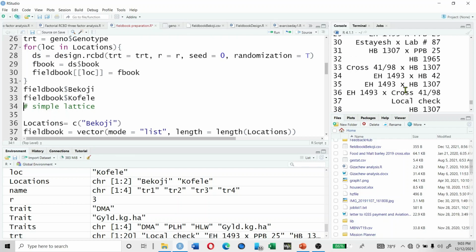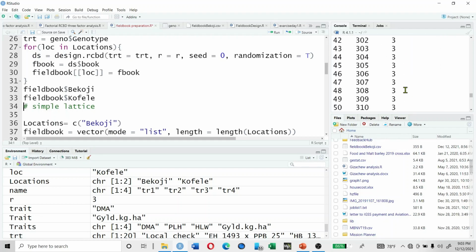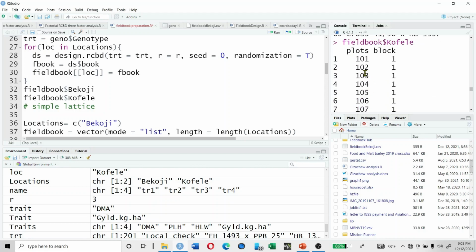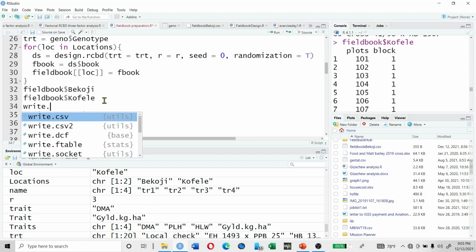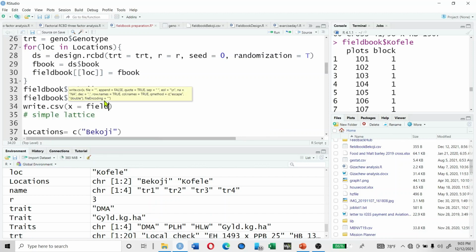This will be a field book for RCBD. This is the plot number, and this one, the same thing as I did in the upper part. We can write CSV field book for Bakoji, and the file name will be design or book RCBD book Bakoji.csv,